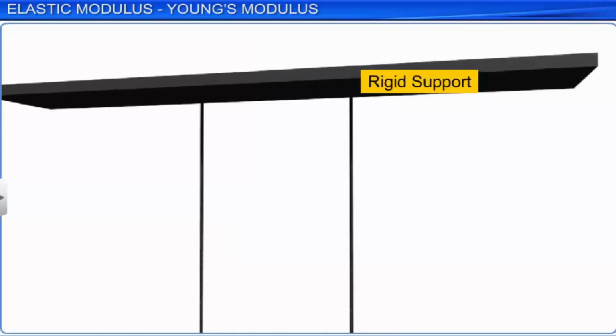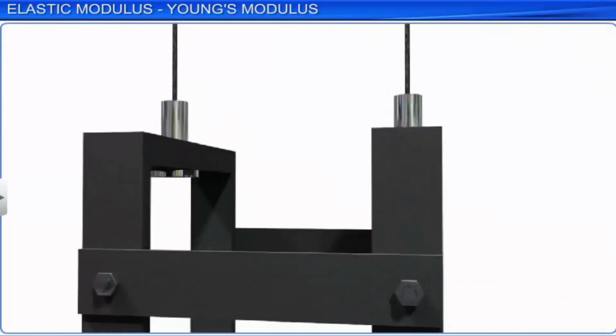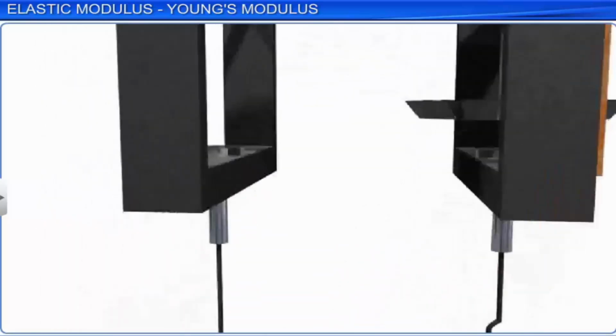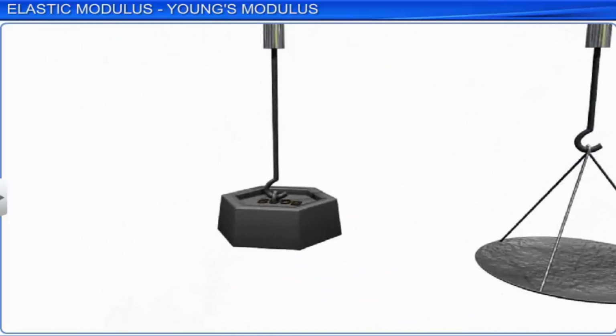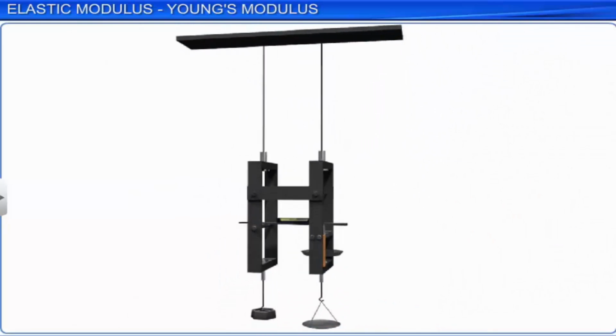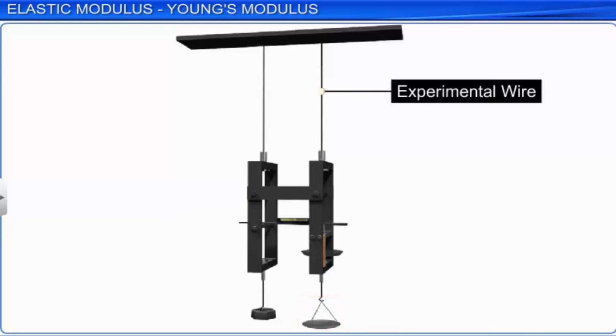From the lower end of the other frame hangs a pan that can be used to apply different loads to the wire. This wire is called the experimental wire. The original length of the experimental wire is measured using a meter rule. The radius of the experimental wire is measured at different places using a screw gauge. The area of cross-section of the wire is calculated as the product of pi and the square of the average radius